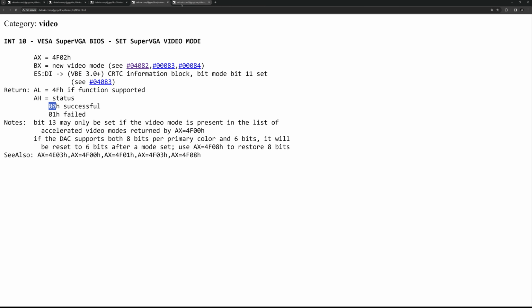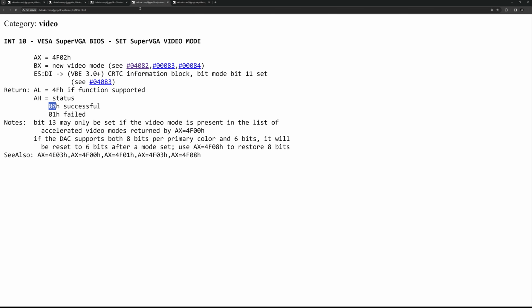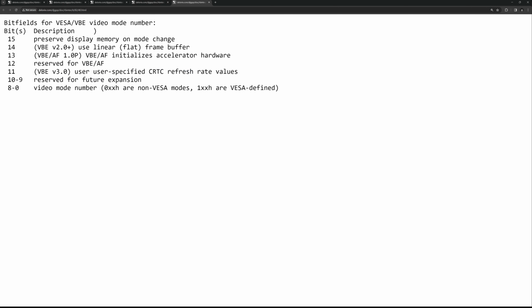So the thing that we need to change is there is an actual bit field here in BX that's expected, and bit 14 for VBE 2.0 plus. If it's set, we use the linear frame buffer, and this is something that we want to use,